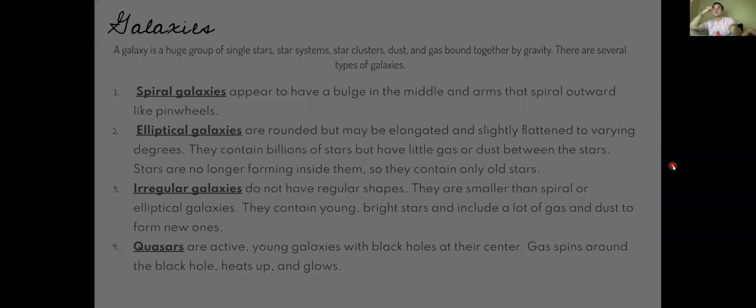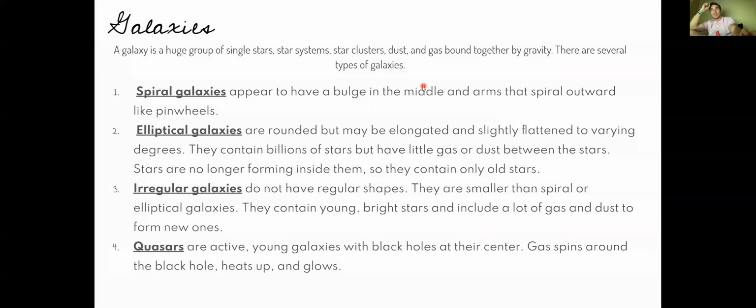Sorry, Lynn. All right, so this you'll have to know. There are 4 different types of galaxies, and the shapes of them. Spiral galaxy, which has a bulging center, like a circular center. It has arms that come out almost like a spiral. You'll see it on the next page of the picture. A spiral galaxy is what we have. The Milky Way is a spiral galaxy,